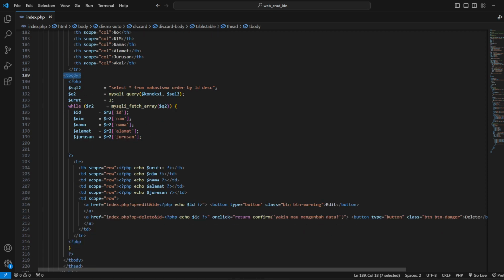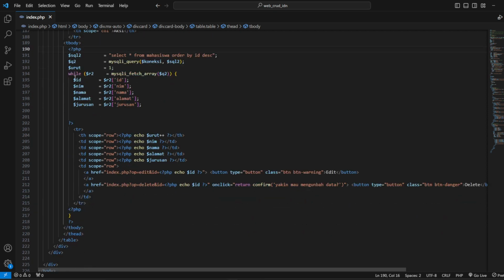Okay, and you can look, after the body we must have the TR, and then TH, and TD is table data.